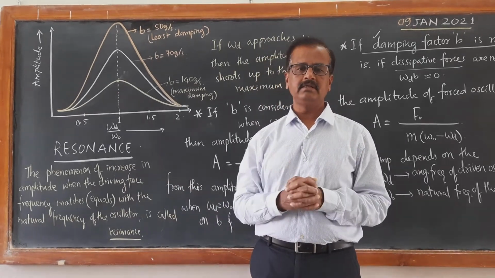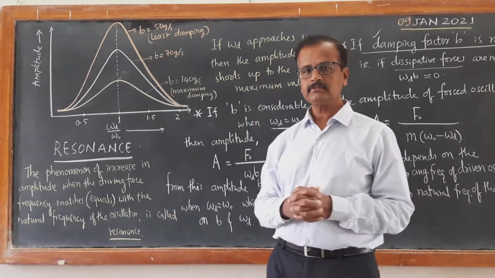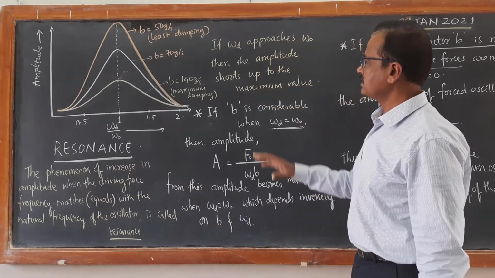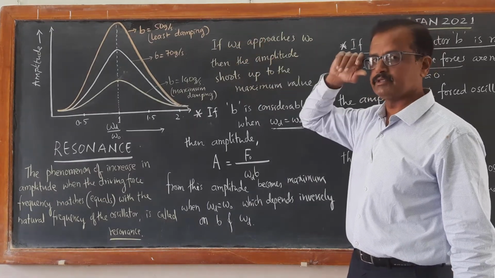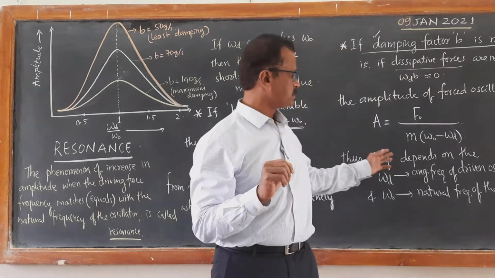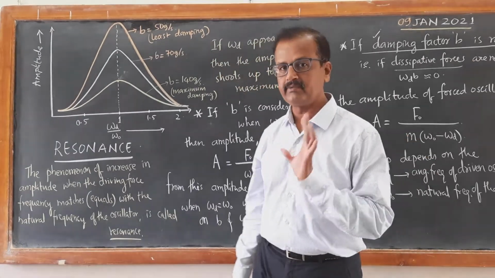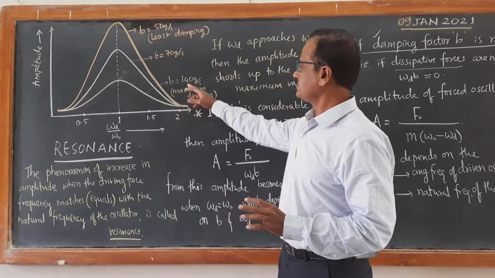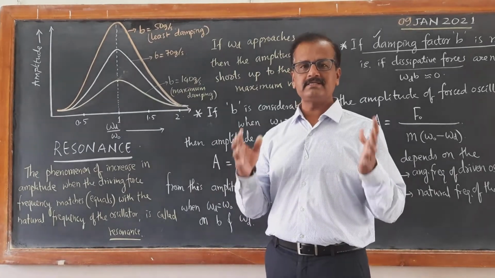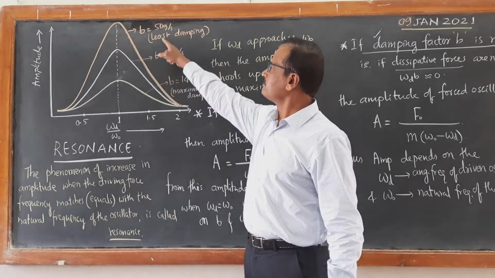So we are learning some of the interesting examples of resonance that occur in nature. Remember, although resonance speaks of shooting up to maximum amplitude, the maximum amplitude will never be infinity. According to this equation, the maximum amplitude may reach infinity, but there will always be some damping factor. Because of the damping factor B existing in the surrounding medium, there will always be some restriction on the peak value of amplitude. So B plays a very important role.